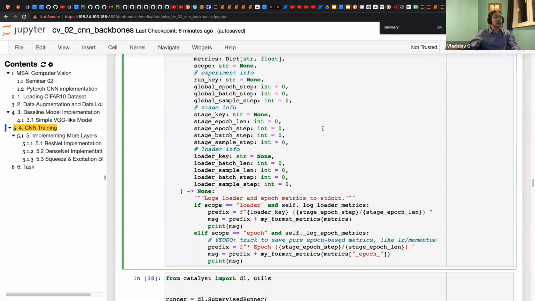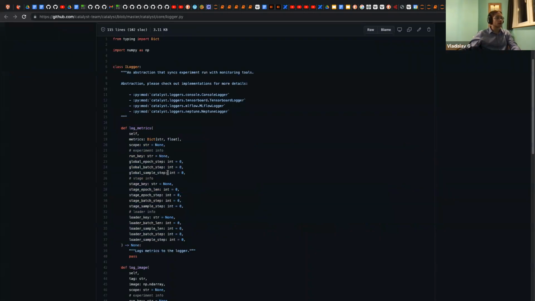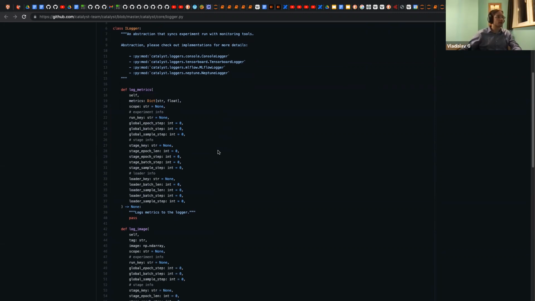So in our case, we see that we just copied the default ILogger, and I think the ILogger idea came from the Java language, because in Java they don't have multiple inheritance. That's why they always use interfaces, in the form of abstract classes, to implement everything.